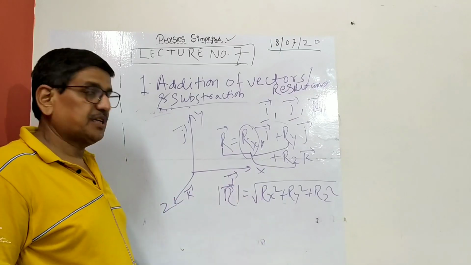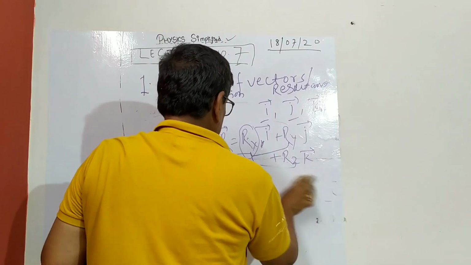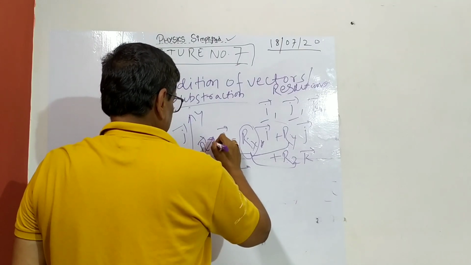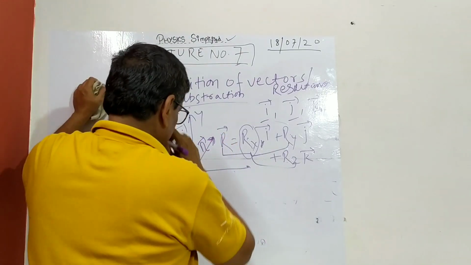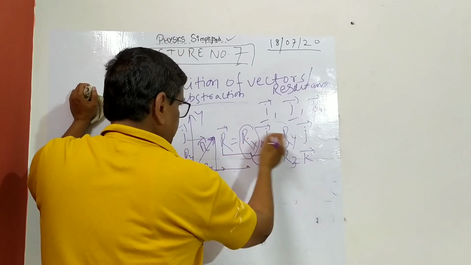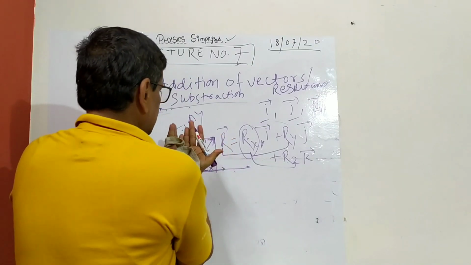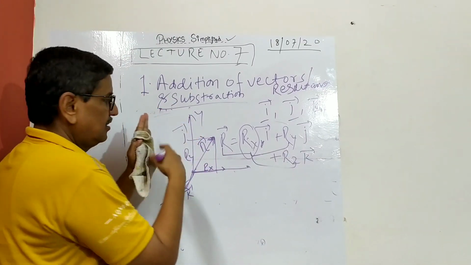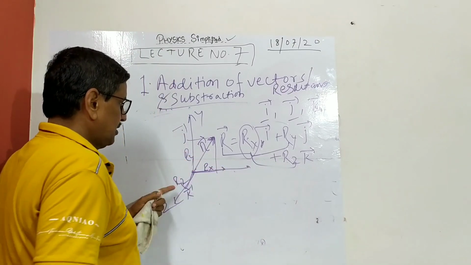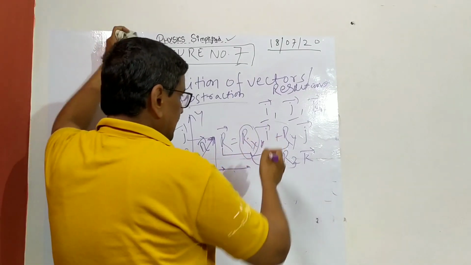What will be the direction? Here comes the most important one, that is called direction cosine. We have already seen that if there is a vector, suppose R, and we have plotted it on the graph, from this to this is the resultant, this is Rx, this is Ry, and this is Rz. You have to imagine this, because this is the xy plane, this is the yz plane, and this is the xz plane. In this space the vector is somewhere here, so there are angles between the vector and each axis. That is called direction cosine.